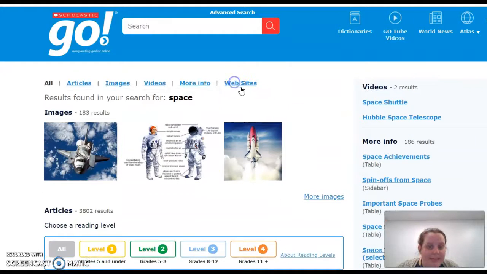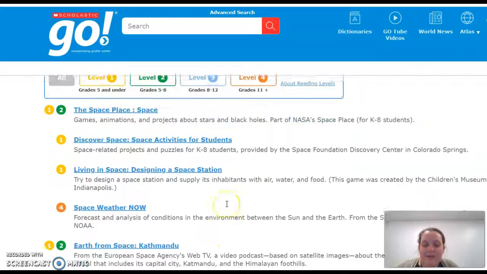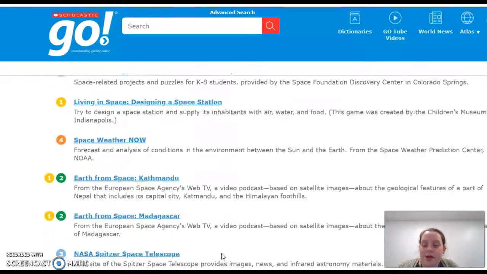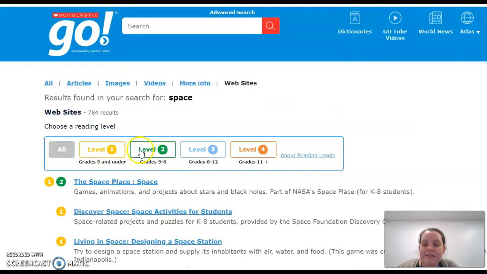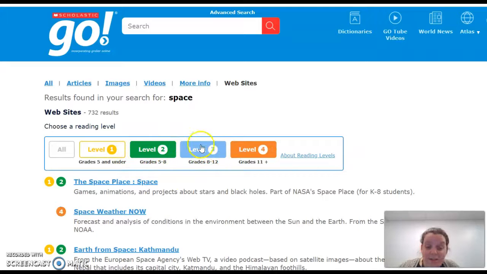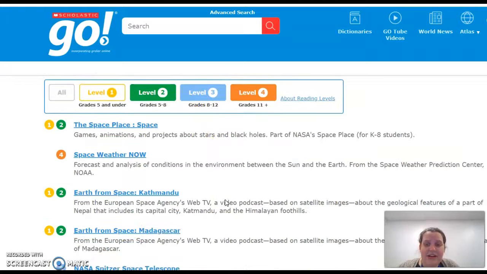So I prefer the websites because it gives me longer text, and that's really what I'm looking for. Okay, so you'll see all the way through here some different articles, and I would definitely look in the 2 if I'm just in regular English, and then a 3 or 4 if I'm in advanced English. If you're in regular English and you want to do 3 and 4, I challenge you to do that, but for sure we want to look at that too, and kind of stick with the higher level reading. And then you'll be able to click on the website and it'll give you lots of different information, or even just a neat website that you could use.